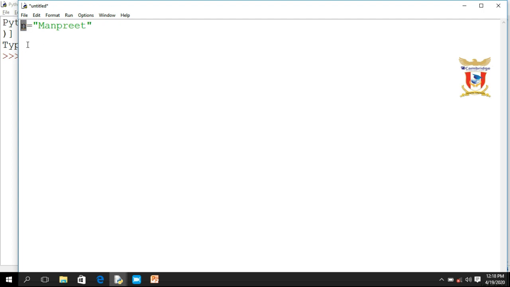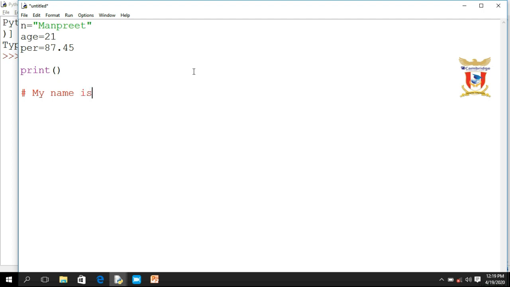I have stored a name into a variable. That means the type of n is string. Then a equal to age of that student, and even you can give it a name as age. You can also give identical name to some variable. Then percentage equal to 87.45. So I want to display all these values in a single line, like print.